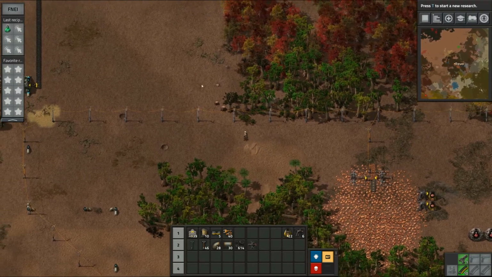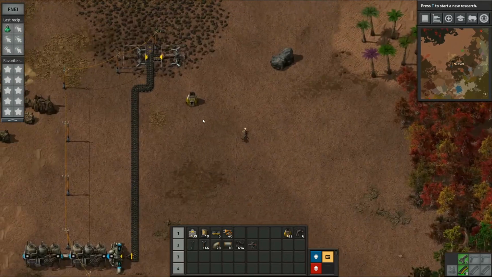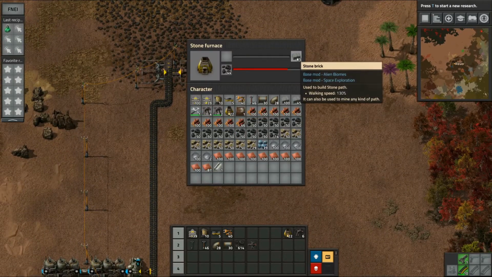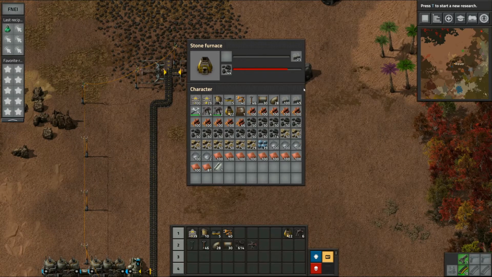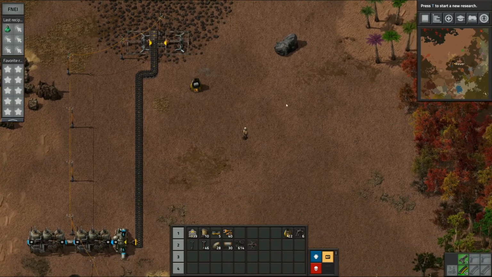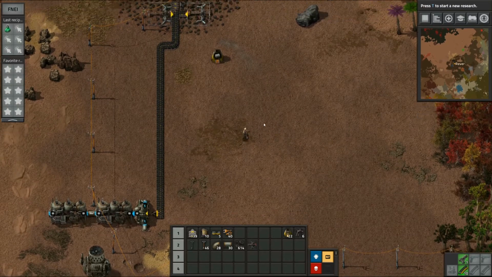So I cleared out a little bit of this area right up here. And I've been making a few more bricks here. The bricks are nice for paving stuff, if nothing else. And plus, we kind of have a good amount of stone at this point, too. So there was a whole bunch of stone right in this area. So what I was thinking I'd like to do, and you don't